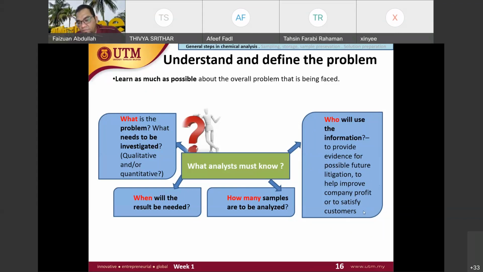So you need to do QC, right? And then you need to satisfy the customer. If, for example, you are one of the vendors of the paint industry, you prepare one type of ingredient or a part of the solution needed in the paint. So you need to satisfy